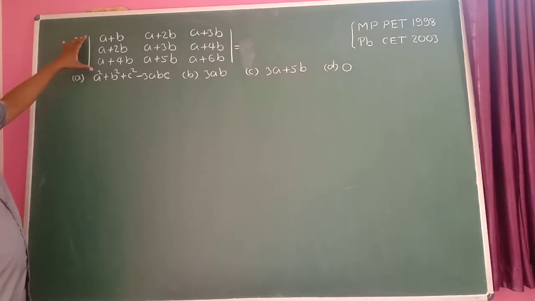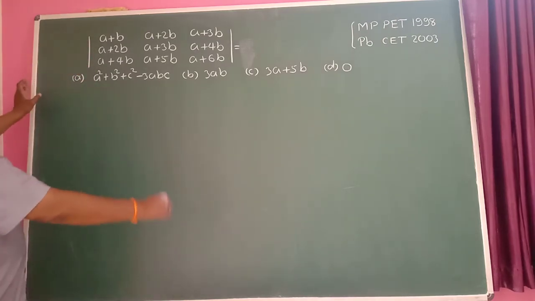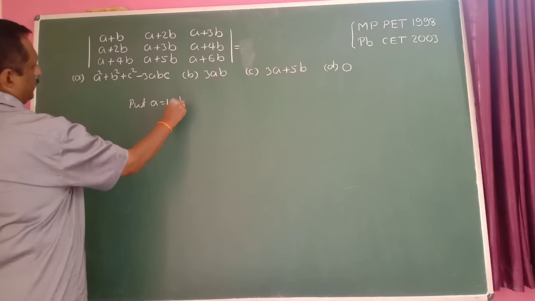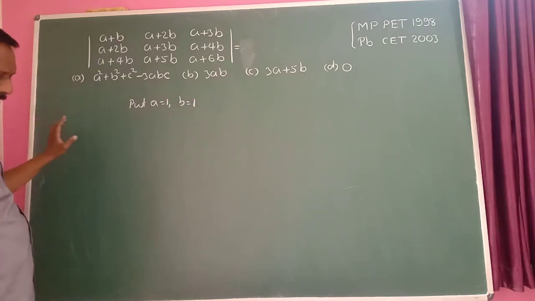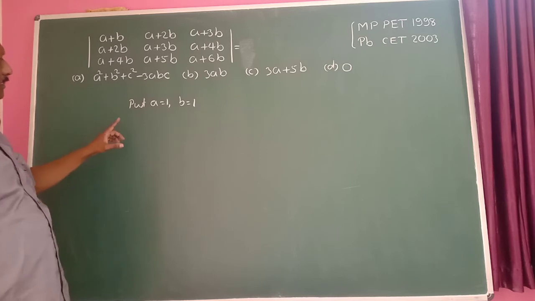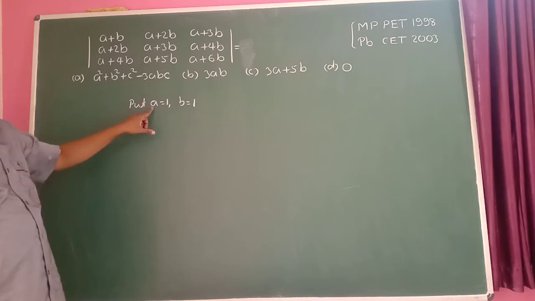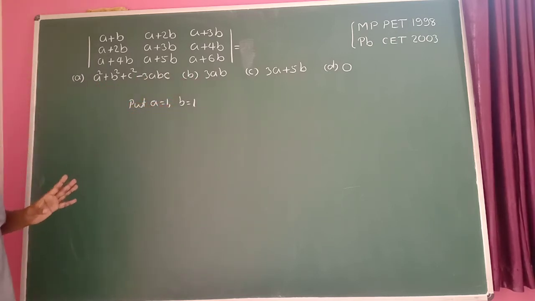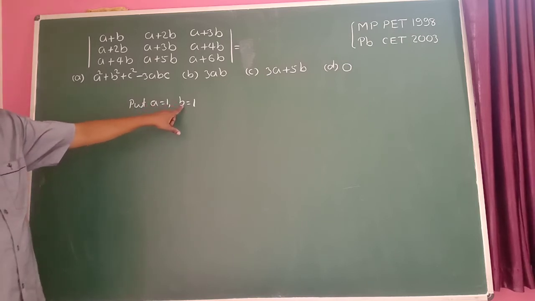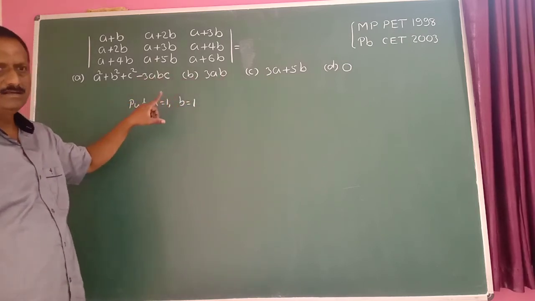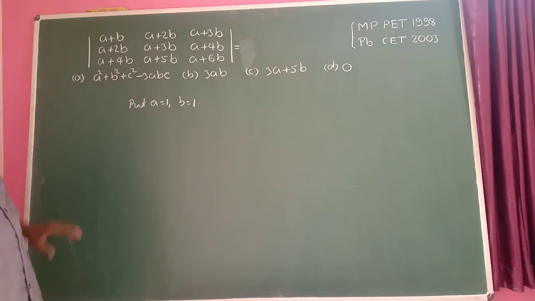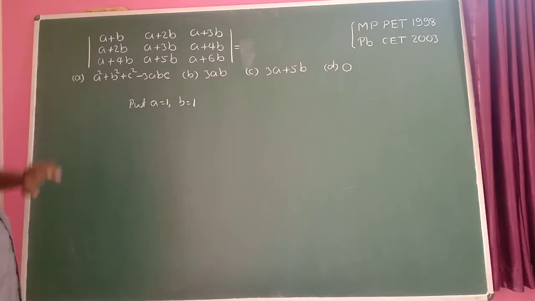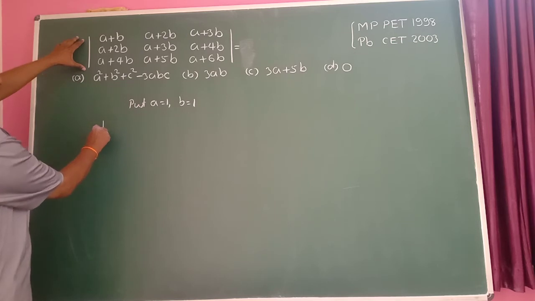In this case, what is the value of this determinant here? Here again put A is equal to 1 here and B is equal to 1 here. Okay. In this case, just remember it here, so that if you take values A and B, the options give different values here, not the same values. If A value is 1, B value 1, here all the options are different here. You choose the numbers like that here. So I am taking A value 1 and B value 1. All the values of A, B, C and D values are different here. Substitute in the determinant here.